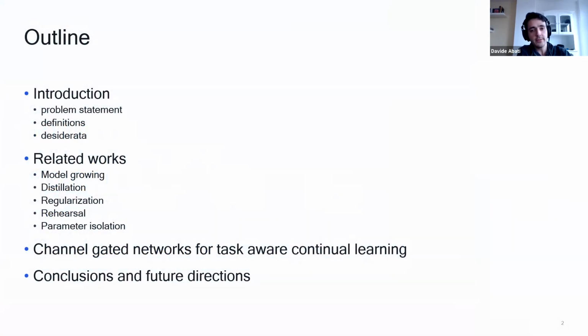So this is the outline that I will try to follow. First I will introduce the continual learning problem, give some useful definitions for you to understand what I'm talking about, and some desiderata for continual learning models. Then instead of deeply diving into what we did in our CVPR 20 paper, I wanted to make it a little bit more general and maybe more useful. So I will try to touch some related works that I highlighted into different families here. Then I will, of course, talk about what we did, and I will draw some conclusions and also some personal favorite future directions for continual learning research.